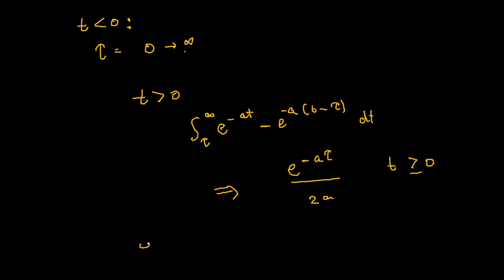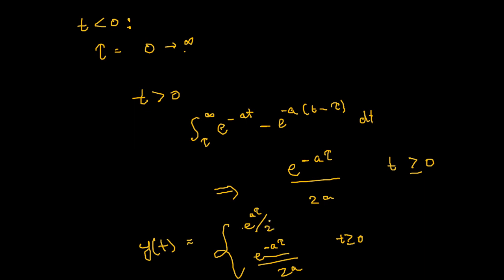So finally we get y of t is equal to e to the power minus a tau divided by 2a for t greater than or equal to 0. And for t lesser than or equal to 0, I have e to the power a tau divided by 2a, right? This is for t lesser than 0. So I hope that was clear. And with that, we've come to an end of correlation and the end of the whole chapter. I hope you all understood the concept and